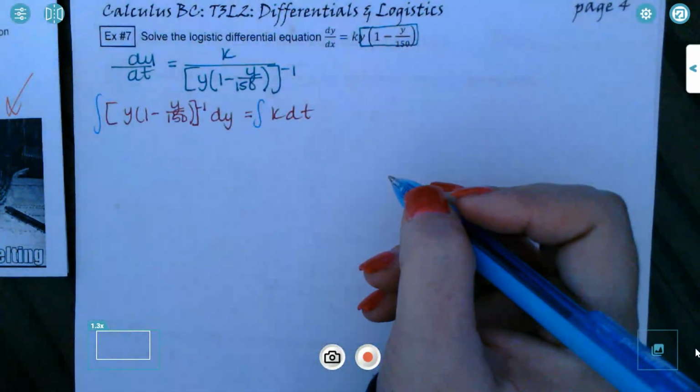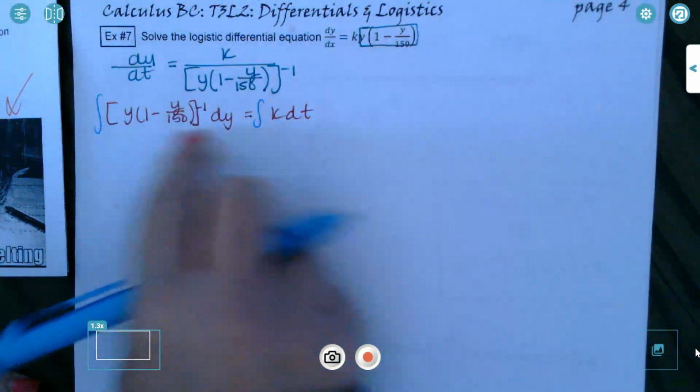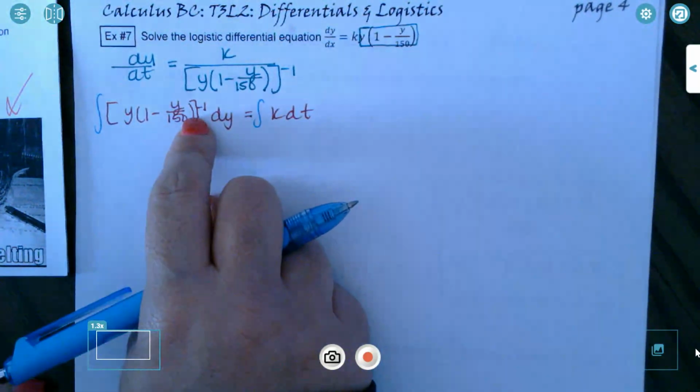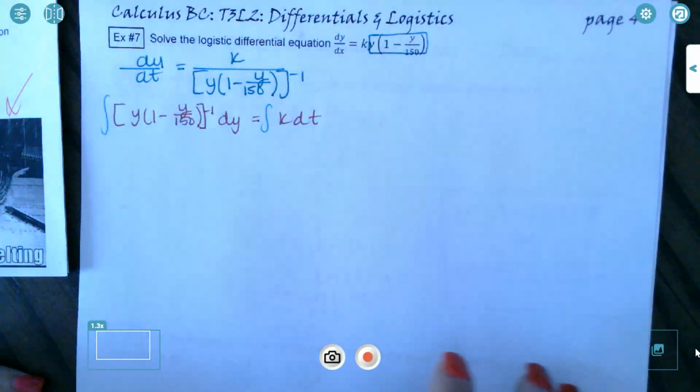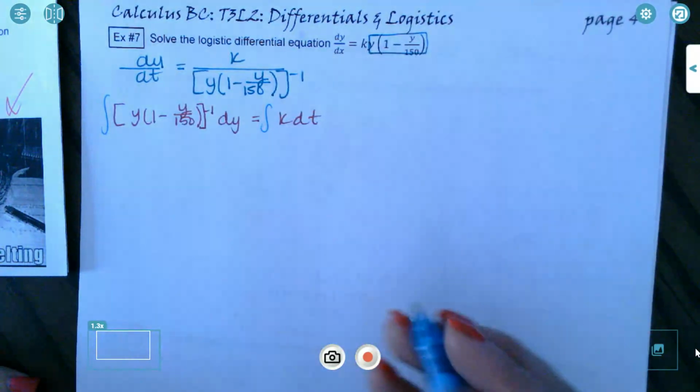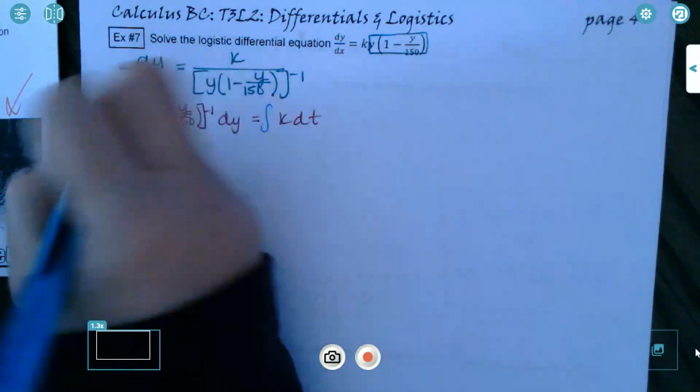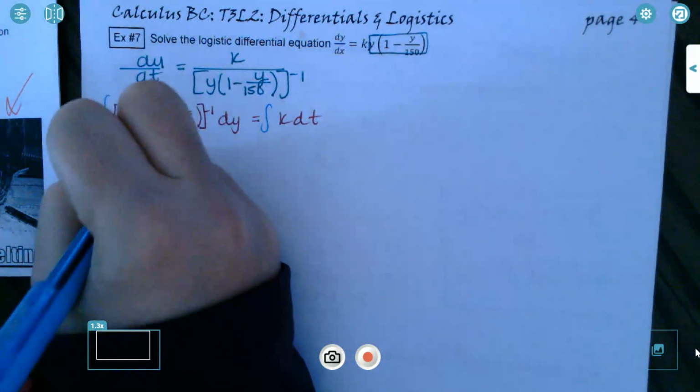And antiderivative. Okay, so now, if I take the antiderivative here, it's going to be the antiderivative of each of these, so that's going to be y to the negative 1, basically, plus